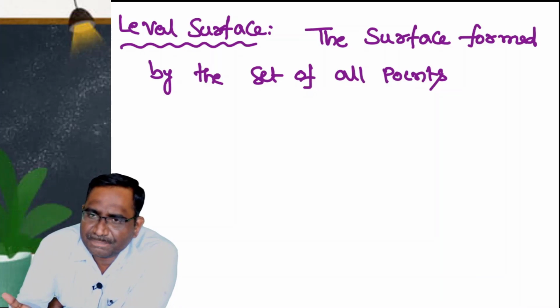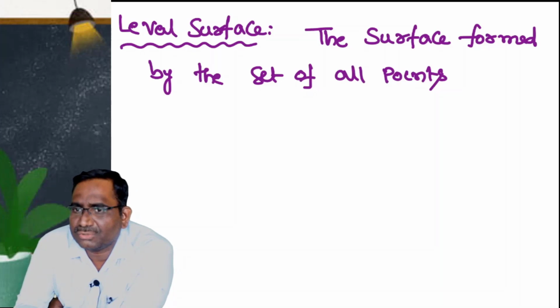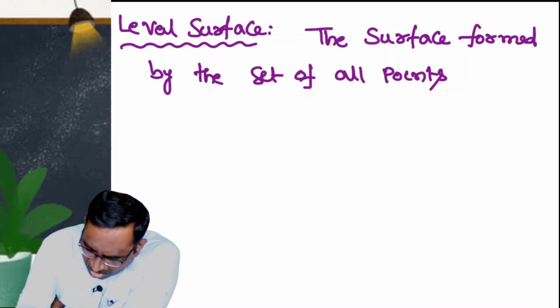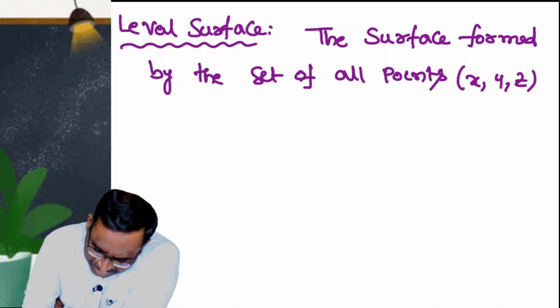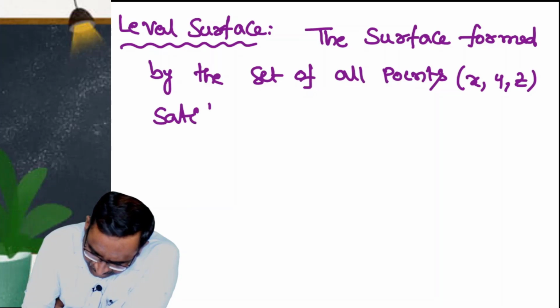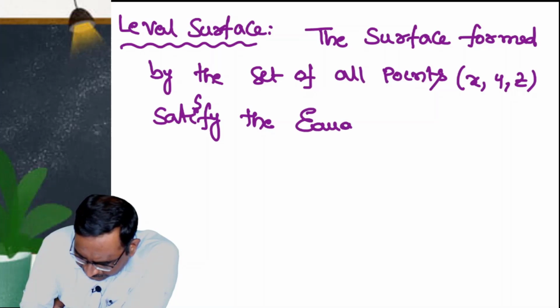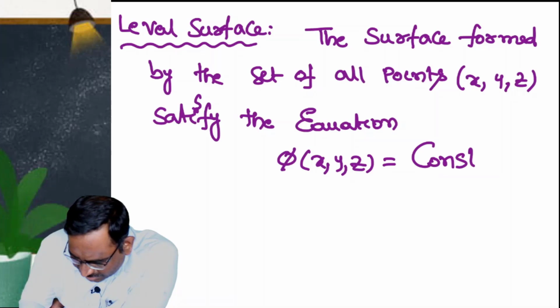If we call it a plane, then it comes under 2D. So when we call it a surface, by the set of all points x, y, z satisfying the equation phi of x, y, z is equal to constant,